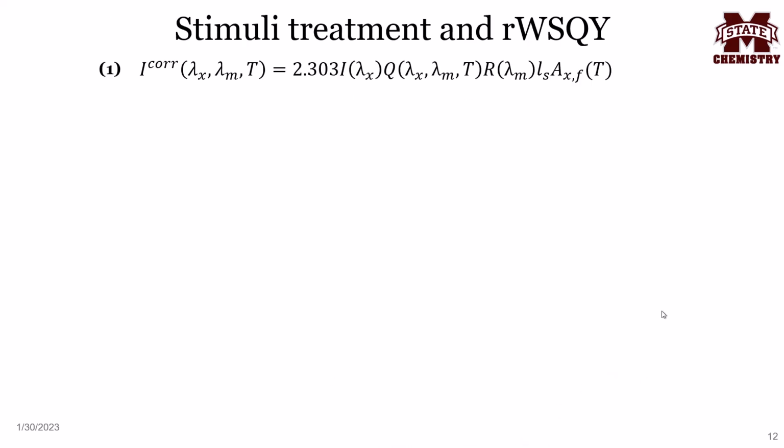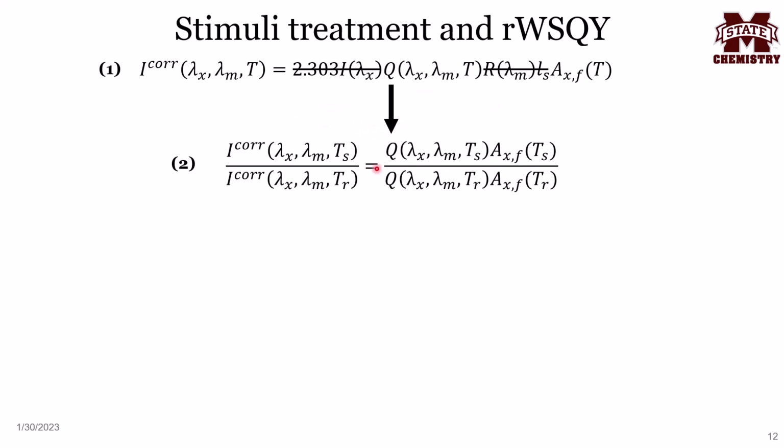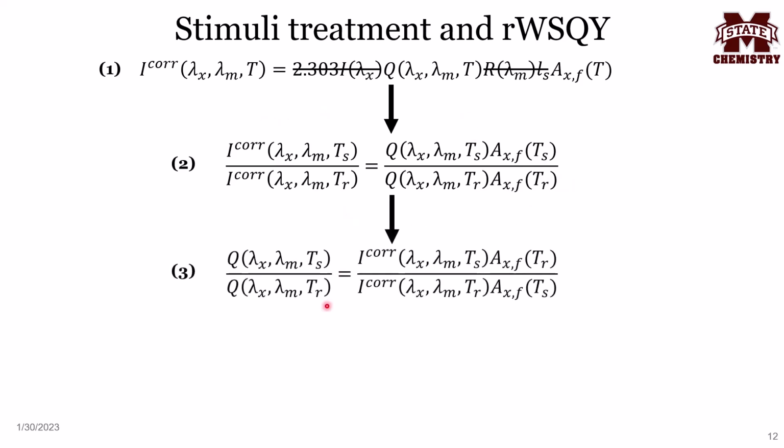By taking the ratio under two different conditions, we can simplify into equation 2 to study the effect of stimuli treatment on the quantum yield. The reason we're able to do this is because these are instrumental parameters that can be canceled out when using the same instrument. Equation 2 shows the ratio of a sample under differing stimuli treatment, Ts, compared to a reference stimuli treatment, Tr. Rearrangement of this equation leads to equation 3, where we have the ratiometric wavelength-specific quantum yield, or RWSQY, on the left side of the equation,